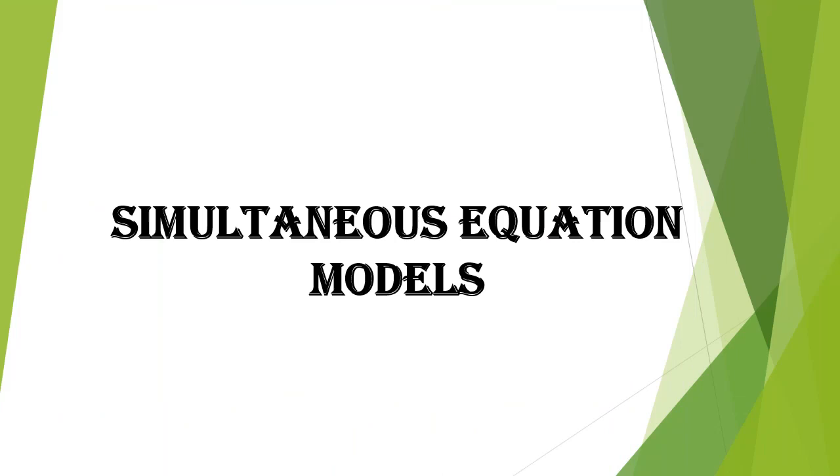Today, our main focus is on discussing the rules of identification in the simultaneous equation system. This is the third lecture under the simultaneous equation models. From the previous two lectures, we have learned the meaning, nature and definition of simultaneity, examples of simultaneous equation systems, structural equations and reduced form equations and their coefficients, and the identification problem and the different variants of the identification problem, etc.